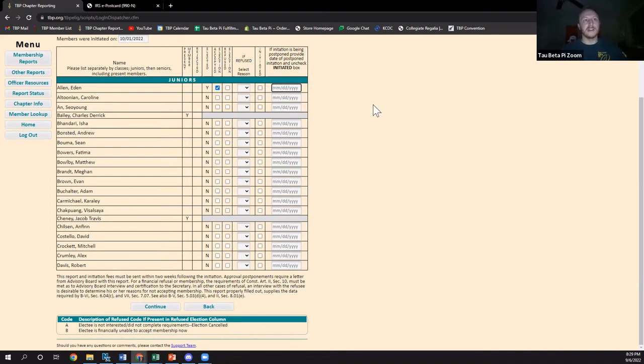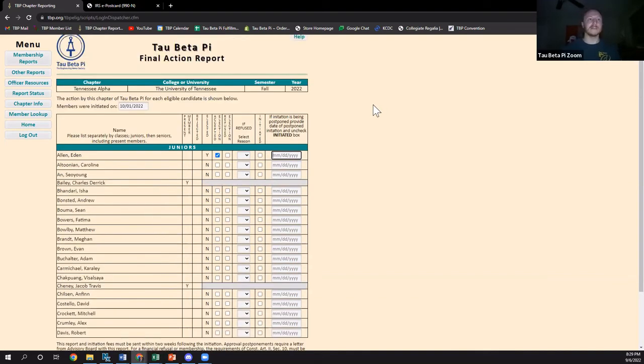The final column is for postpone. So this is somebody, let's say they had an approved reason. They had a family emergency. They had some other commitment that just could not be avoided, and the chapter didn't hold a makeup initiation or whatever reason that the chapter deems appropriate. Say they don't make your fall initiation and you'd like to initiate them in the spring. You can just throw in an estimated spring initiation date and they can be postponed